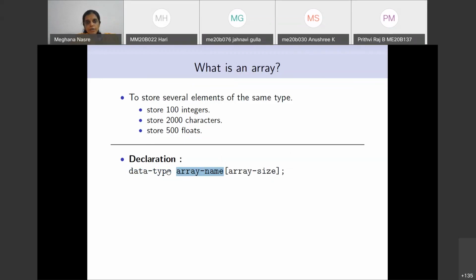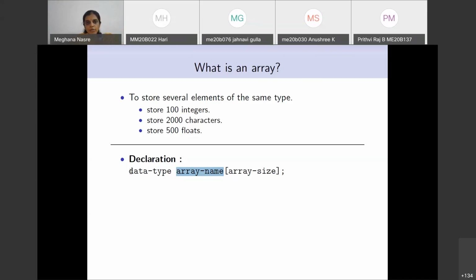So this is how you are going to declare an array in C. Just like when we said int x, it tells the compiler to have a memory box named x, and give it the storage appropriate for the data type.